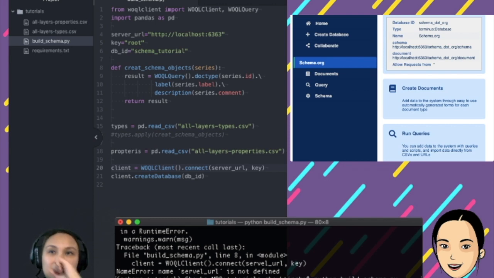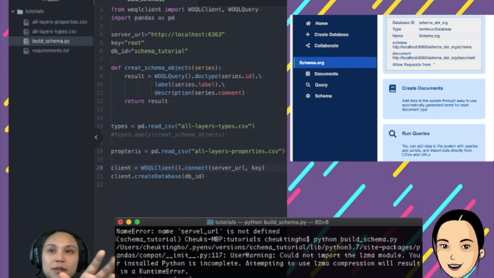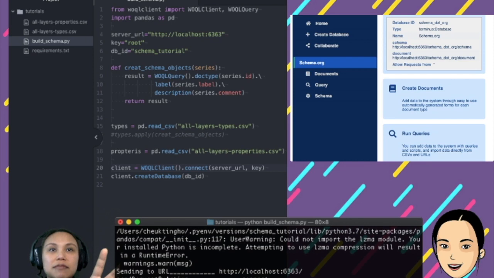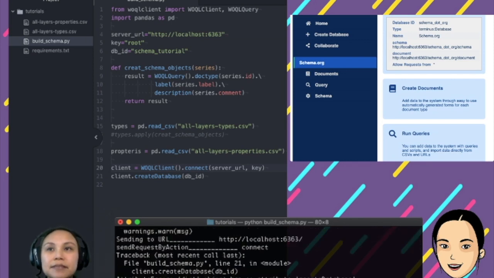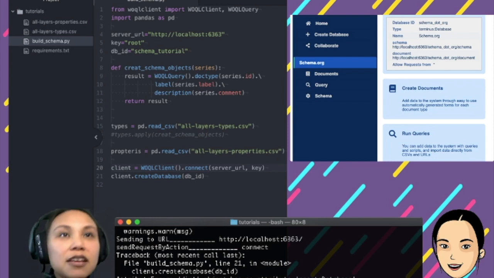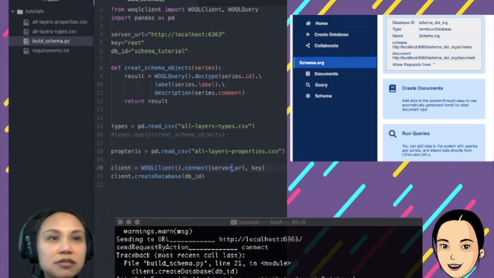That's why when we do proper development, we want to use unit tests to make sure that each step is correct. And you see, I keep making mistakes. Has no attribute. Okay, connect.